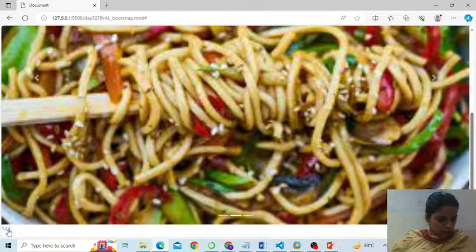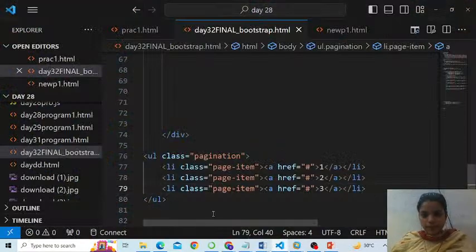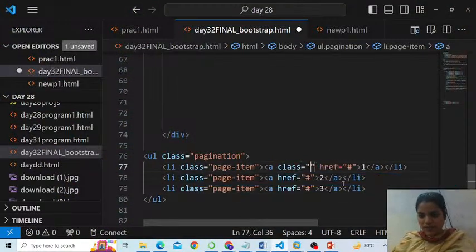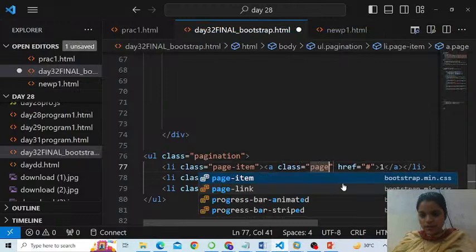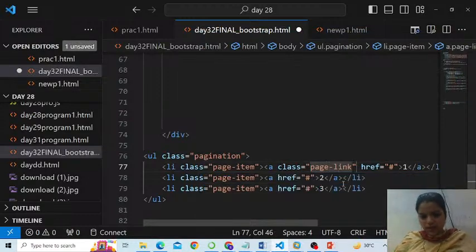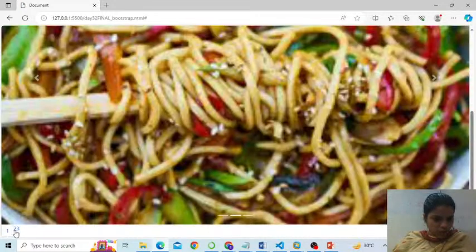and if I click 3, and if you want to give it a little more real effect, what can you do? Give some bootstrap class to the anchor also. Class is equal to page link. Page link. So if you give it as a page link, you see how 1 looks and how 2 and 3 look, correct? 1 looks like ordinary link, but 1 looks like a pagination